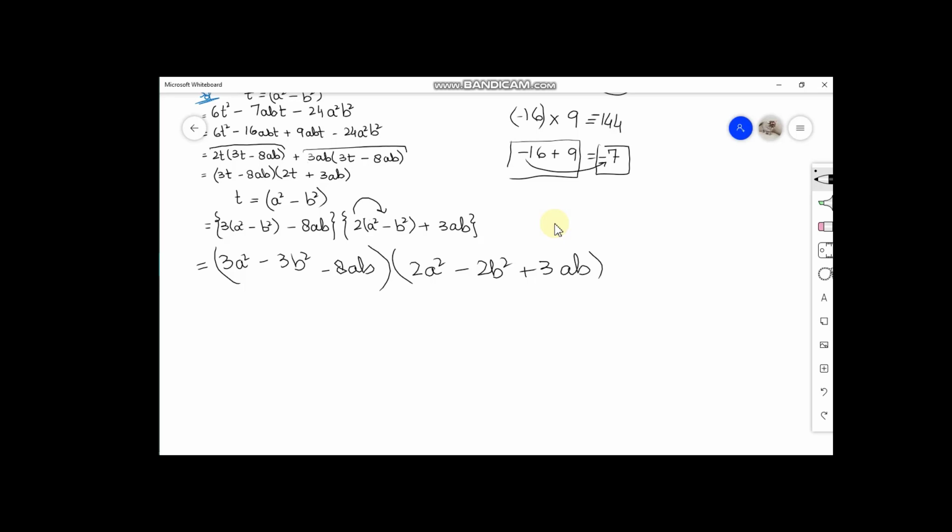Okay students, I hope you remember that whenever we are going to simplify or break the middle term, we have a higher power in the first term. We have lower powers in the middle term. Remember, in every question we have seen that we have lower powers in the middle term and higher powers in the first term and the last term.